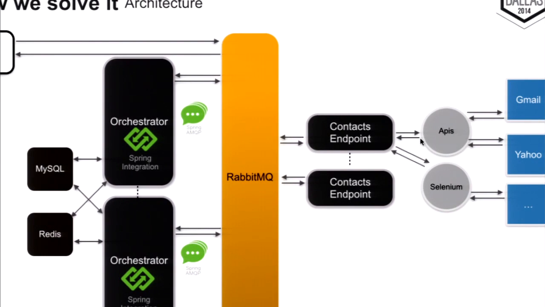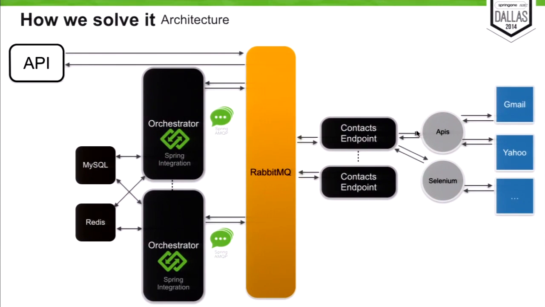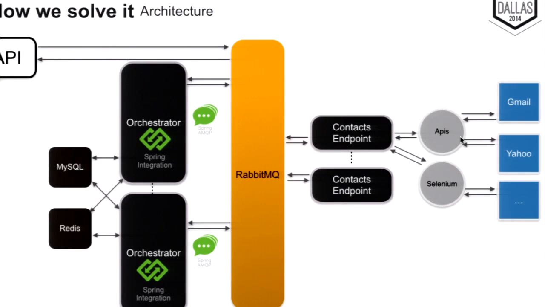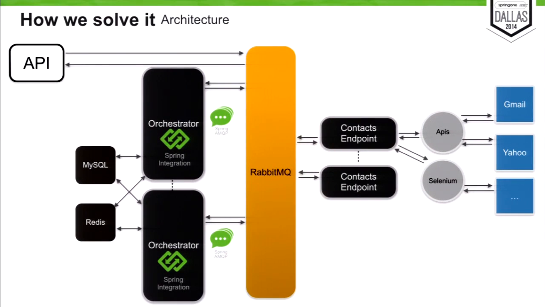Something important about the contact endpoint is that we can clearly see the problems that I mentioned before. The endpoint pulls the data from different sources, using different tools or mechanisms. Some providers have an API, and with others we have to use, for example, Selenium to scrape the content. Having different sources means that the data usually doesn't have the same format. In other words, diversity inside the data.